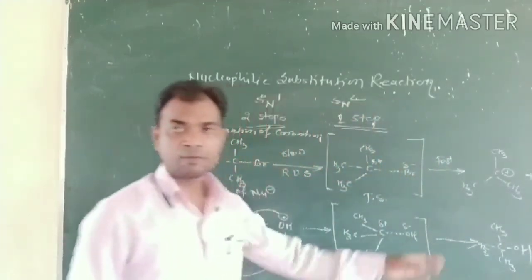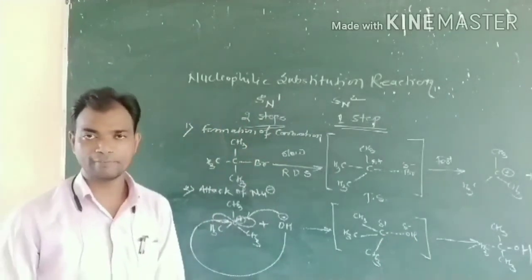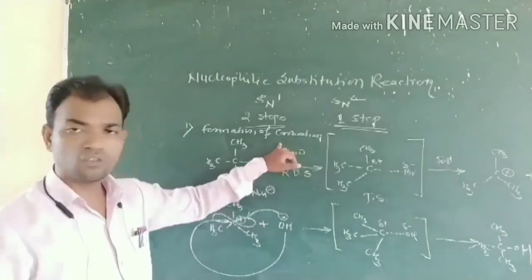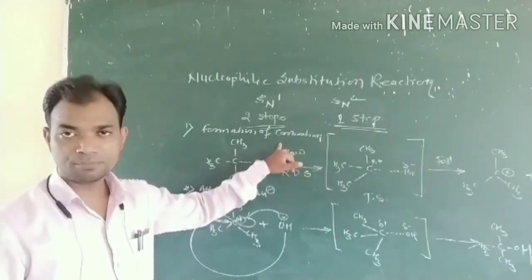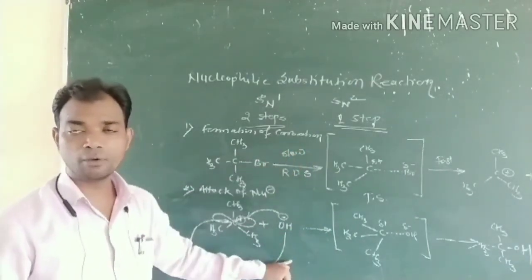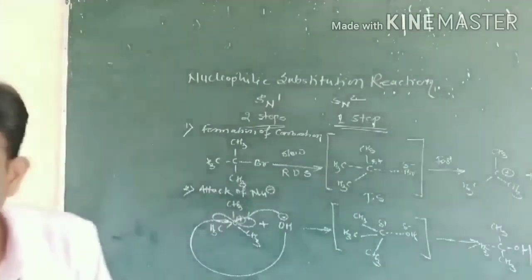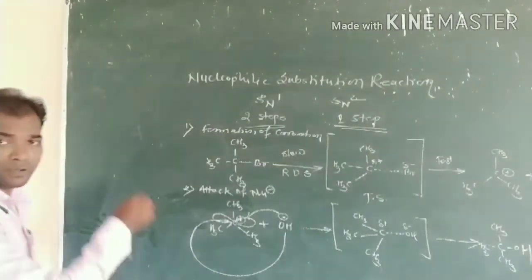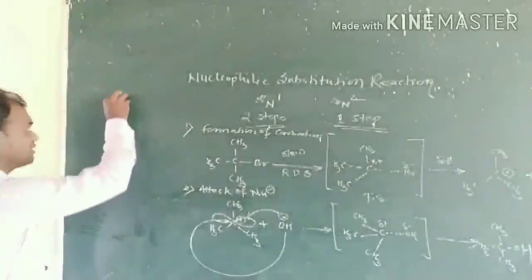That is the final product obtained. Are you got it? That is the SN1 type of reaction mechanism. Okay, then here the transition state energy profile diagram, that is